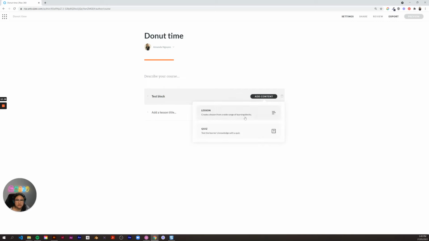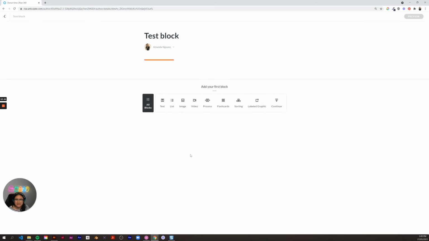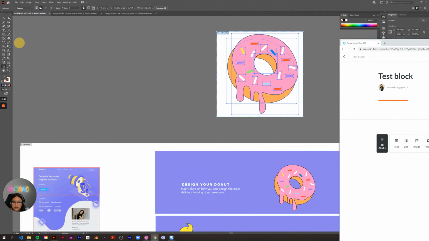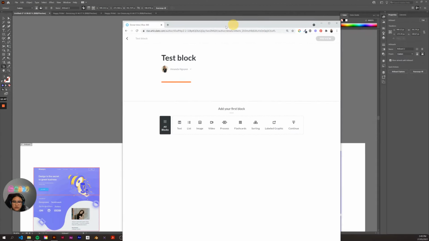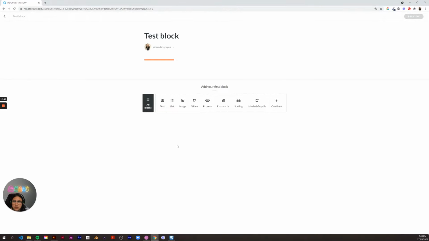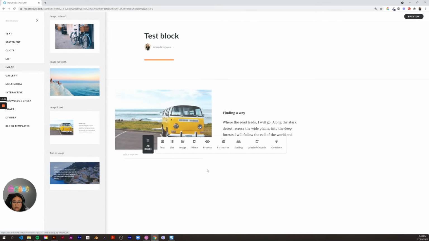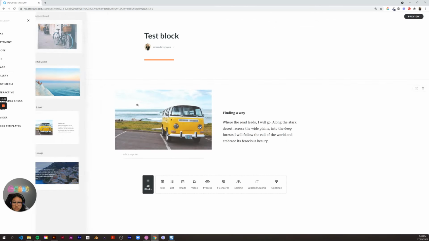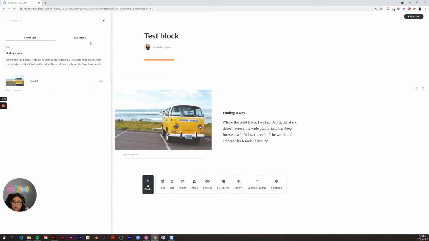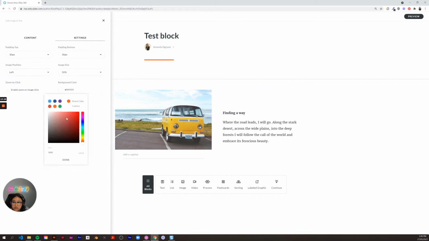Add content. Lesson. Alright, let's have some fun. So how would I recreate the design your donut first little block? I would probably do maybe this, and then edit, and then settings, and then I'll change the color to